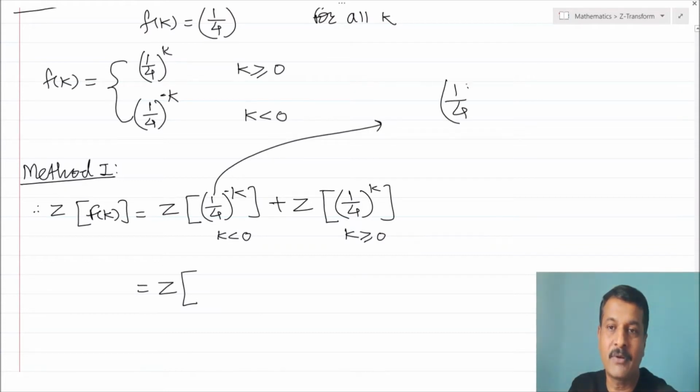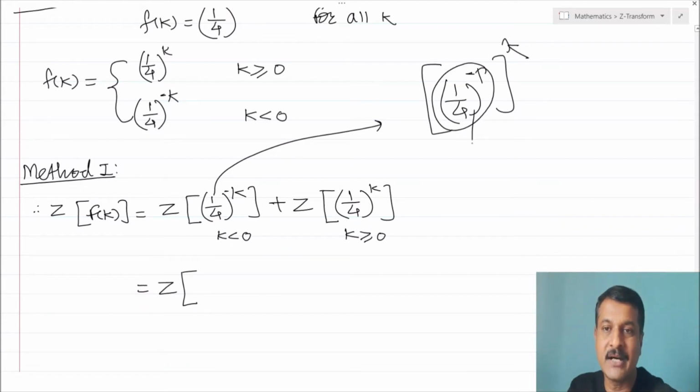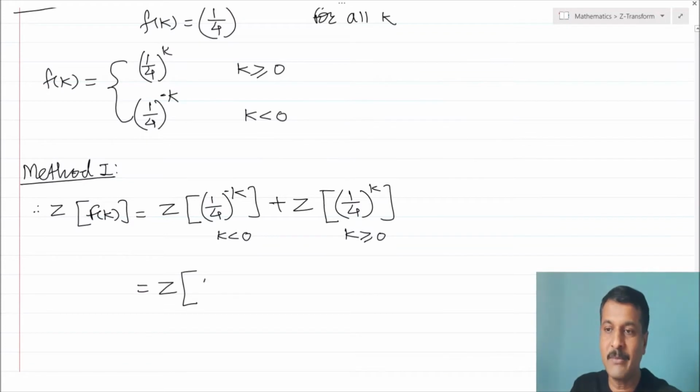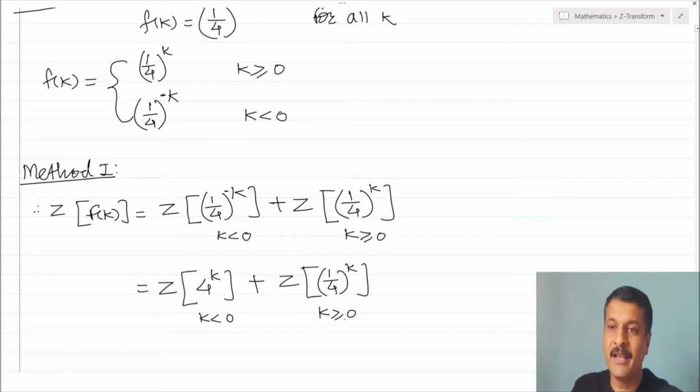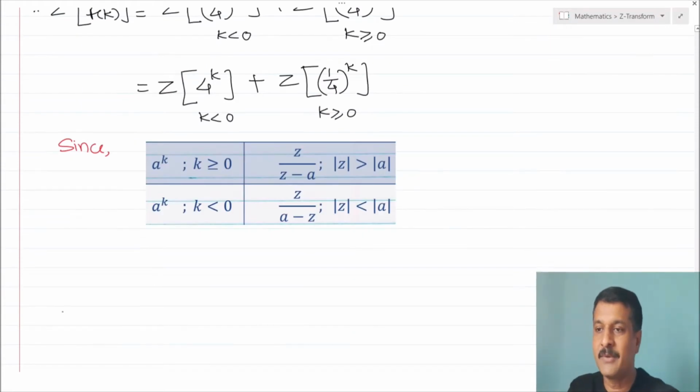The same thing I can write as Z transform of, for this one, (1/4) raised to minus 1 and raised to k, and due to this inverse it becomes 4. So it is 4 raised to k. So I am getting here Z transform of 4 raised to k plus Z transform of (1/4) raised to k. Note that here k is less than 0 and k is greater than or equal to 0, and by using the table,